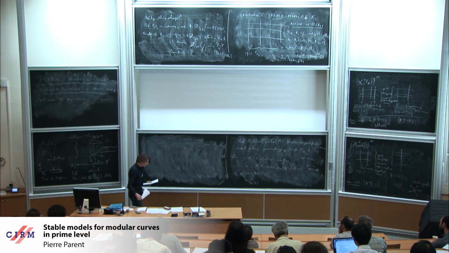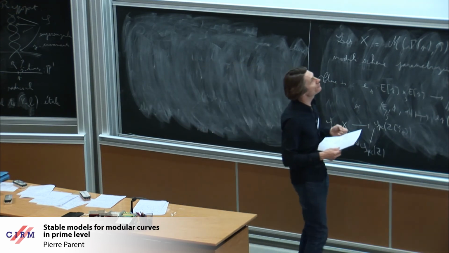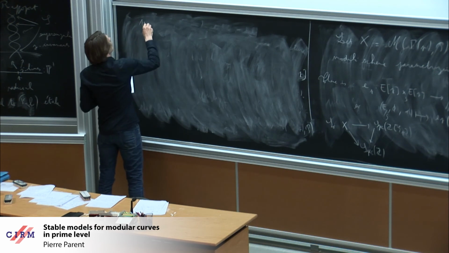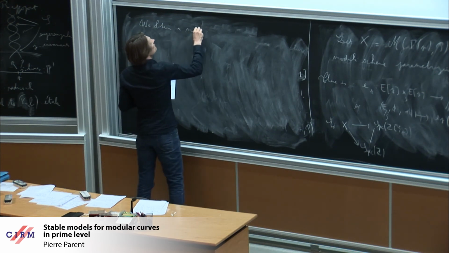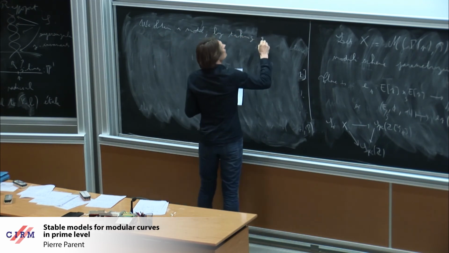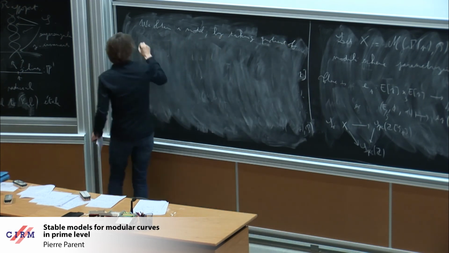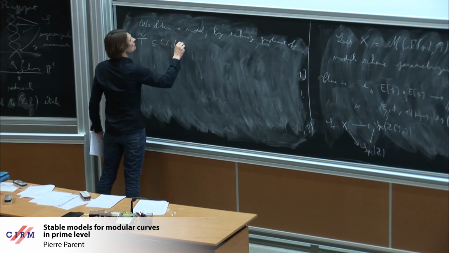And this is a small computation, basically in group theory, to obtain a model by taking the quotient of some subgroup of GL2 of Fp, which is